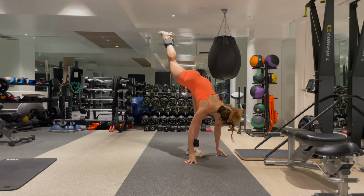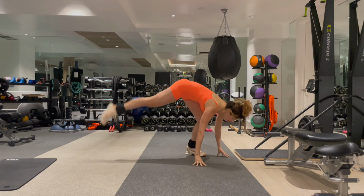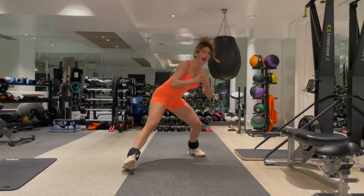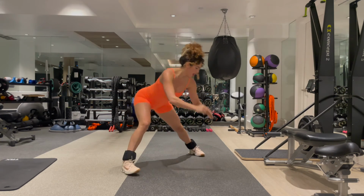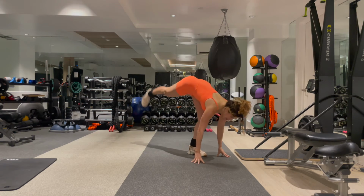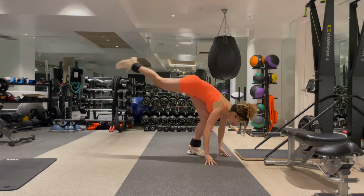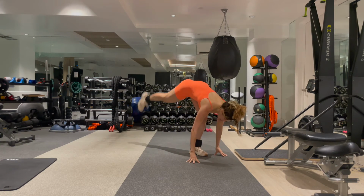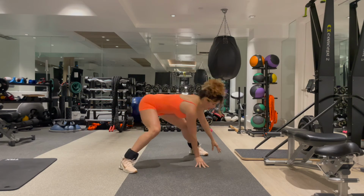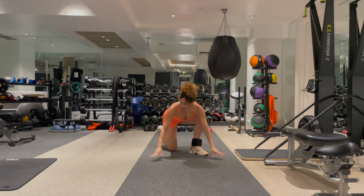7, 8, lift it, out to the side, get low, sweep it back, 2 more, 9, lift, step out, chest up, sweep it back, 1 more, 10, step, stay low, and sweep, other side,